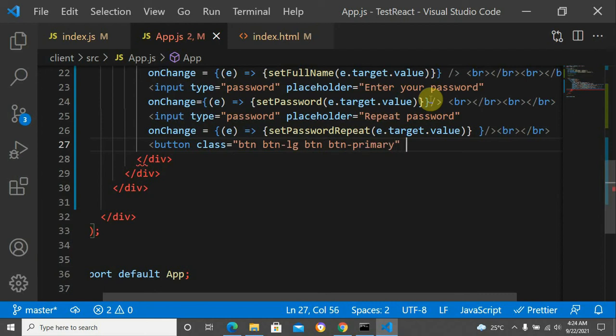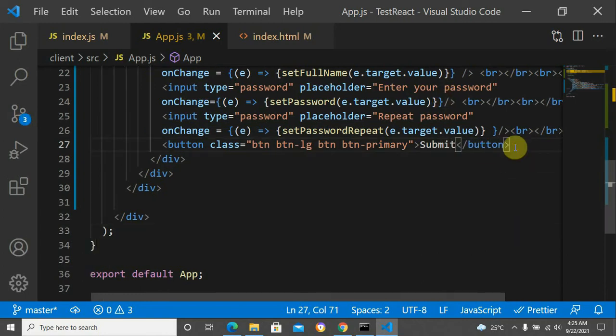Then, yeah, submit. I'm going to call it submit. That is it. Then before this,